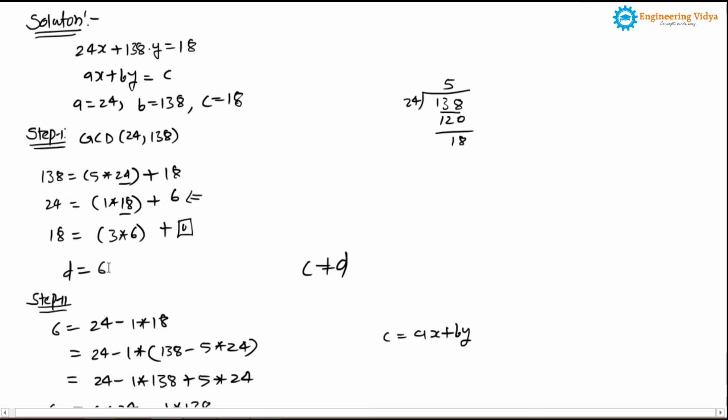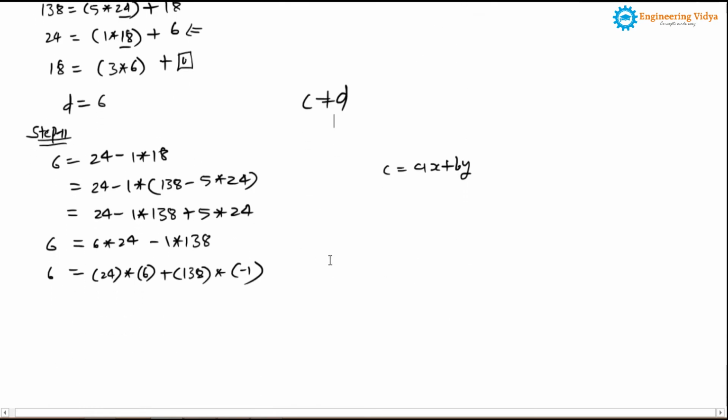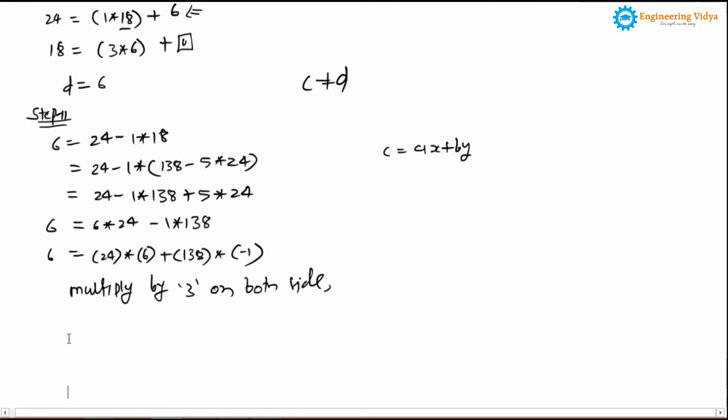So what we'll do now, again we have to convert 6 into 18. To convert 6 into 18, we'll multiply by 3 on both the sides, right? Hope this part is clear to you now. If I multiply by 3 on both the sides, it will be something like,